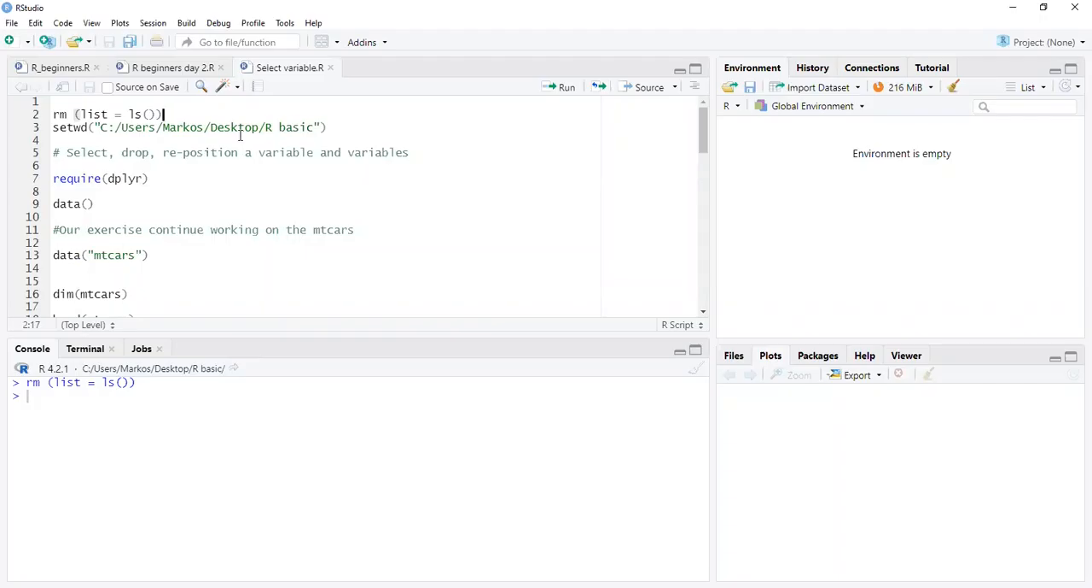Okay, in today's video, we will see how we can select, drop, and reposition variable or variables in our data set. For this task, we need the dplyr package, and we call this dplyr package either using the require or library command. And we have to see that there are a lot of